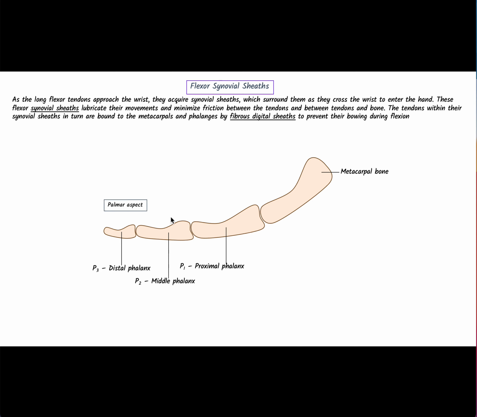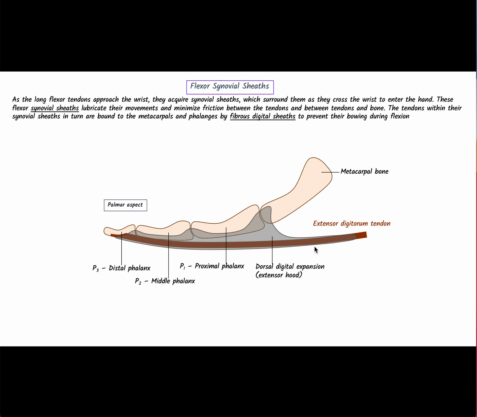So now this is the palmar side, and look at it. On the dorsal side there you can see a long tendon of my extensor digitorum, and this tendon is being stabilized by the help of this extensor hood, and we call it dorsal digital expansion. The job of this dorsal digital expansion is to stabilize this tendon, so it should not be moving from its location. And on the palmar side, you are looking at the tendon of my flexor digitorum profundus, and look at it,